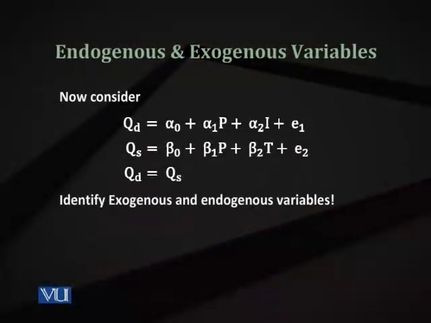So if you consider the market equilibrium theory, you know that quantity and price are two endogenous variables. So in this model, quantity and price will be called endogenous, and you have two other variables, I and T. They will be assumed to be exogenous variables. I is income and T may be technology, for example, in the supply equation. So in this model, you have quantity and price as endogenous because you have two equations. Remember, you are seeing three equations. No, the third one is not an equation, it is an equilibrium condition. So we have two equations. One is the demand equation, the second is the supply equation.